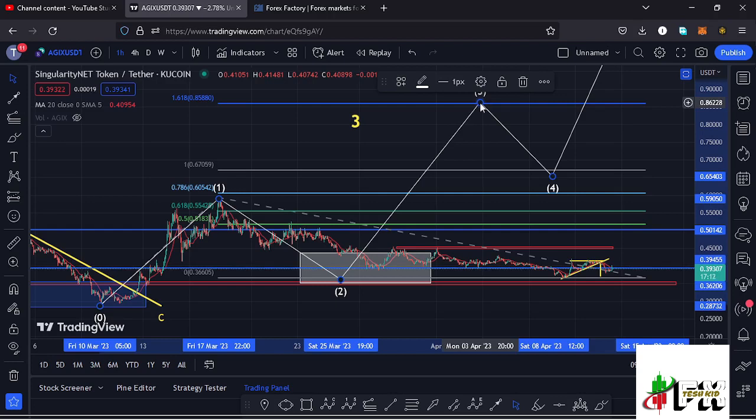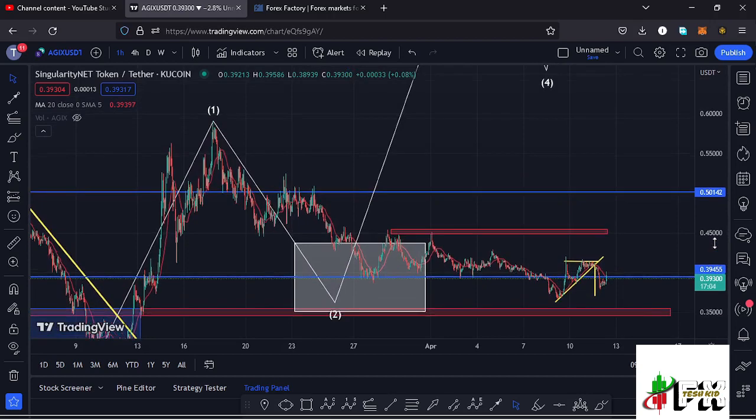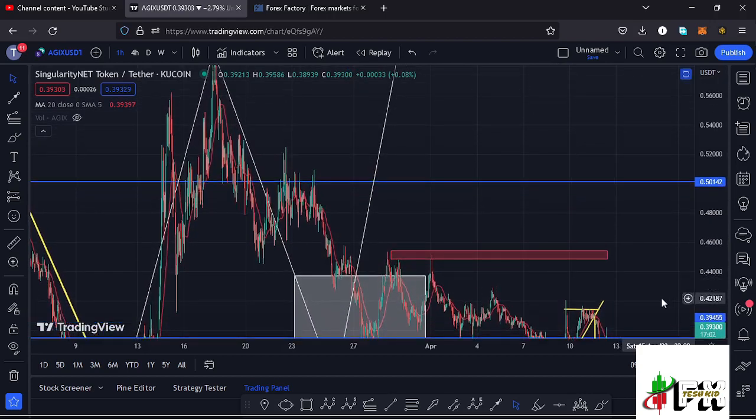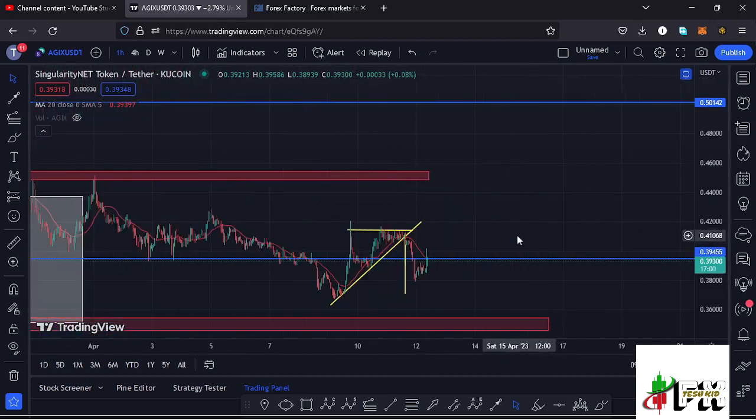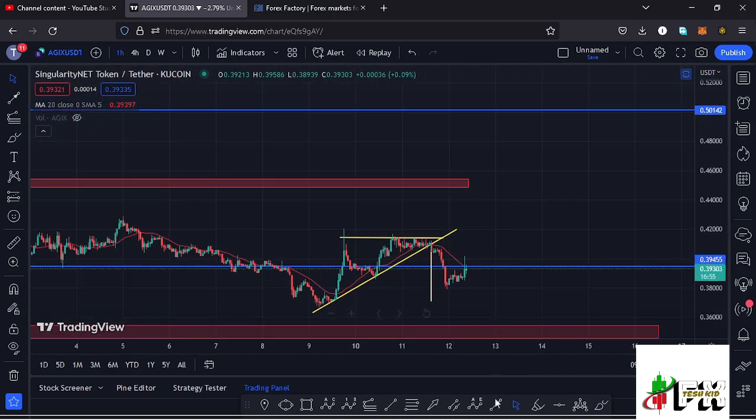But for that move to also play out, there are key moves that we need to keep our eyes on, and the first one is a break above that key area of resistance at around the $0.39455 mark, and the moment you manage to break above that key area of resistance and continue holding above it, and maybe even get a successful retest of that key area of resistance, there are high chances that Agix is going to continue unlocking higher prices to get us to our next key area of resistance at around the $0.45